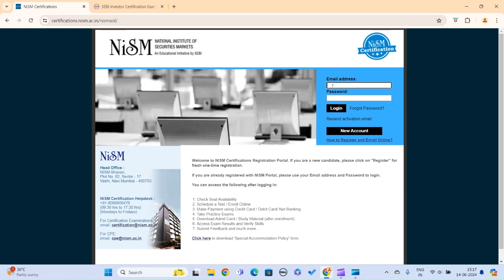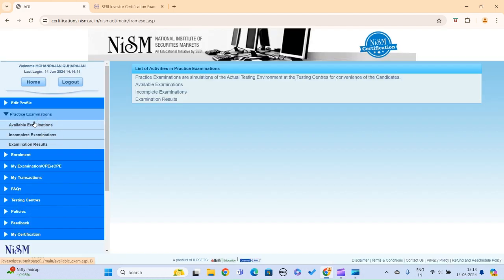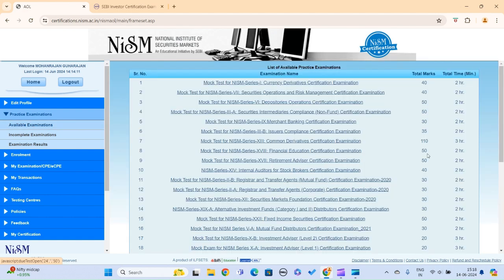and this is the certification homepage, certification.nismac.in. You have to log in, and once you've logged in, I'll show the rest as well. So get to practice exam. Once I've logged in, go to practice exam, which means all the mock exams are available. Go to available exams, and there you have to search for finance foundation. Yeah, this one, mock test on the MSM series financial education certification, 15 marks, 2 hours,